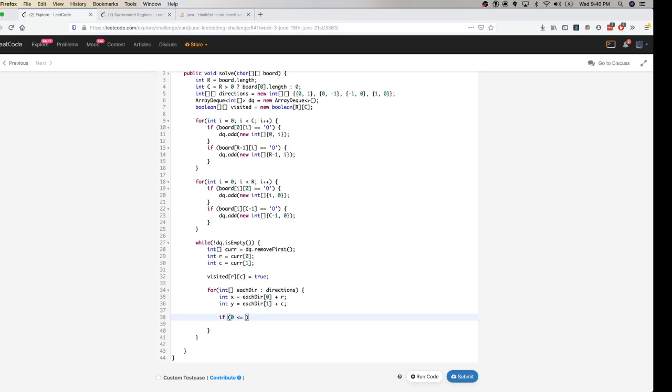So 0 is less than or equal to X, and X is less than R, and 0 is less than or equal to Y, and Y is less than C, and the new position should also be an O. That's the only way you could go to that position, right? So I'm going to make a check for that as well. So it's board of X of Y is equal to O,